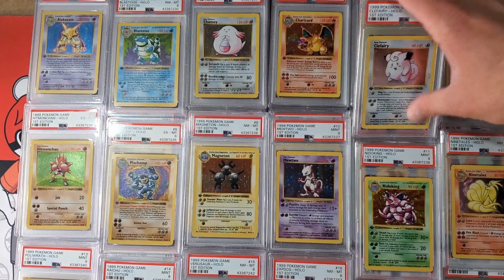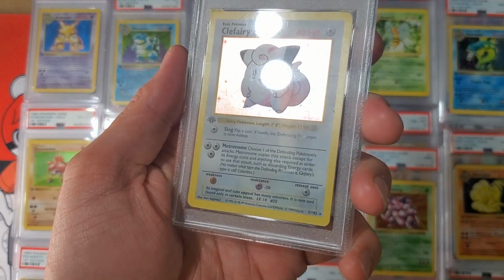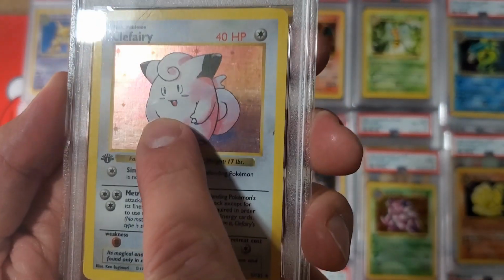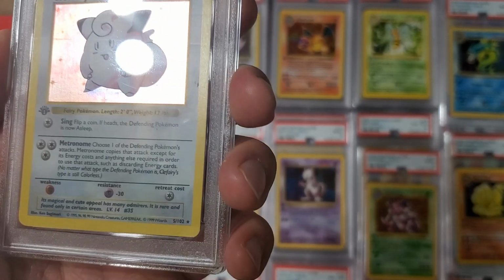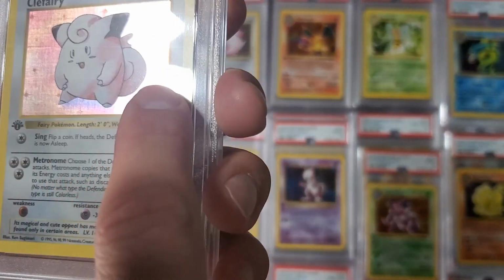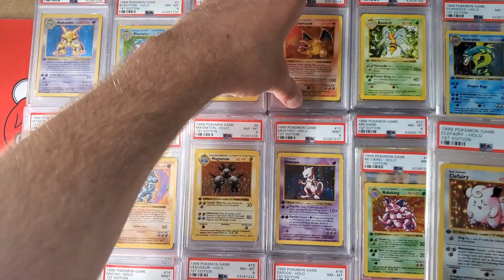Interestingly, the Clefairy also had it. I looked over all these cards pretty well after I saw the Charizard issues. So the Clefairy has almost the same thing. And then to me, and I don't want to be biased, let me know what you guys think. Don't just agree with me or don't just disagree with me to disagree with me. But given that two cards...